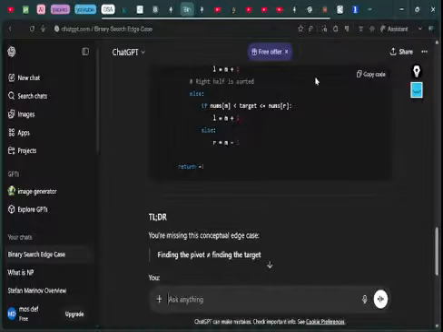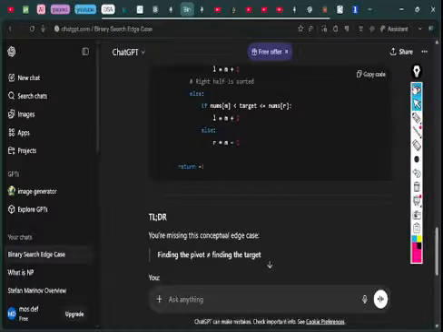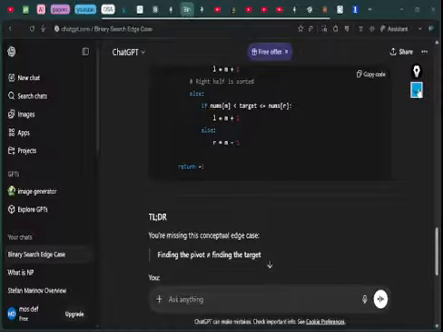I'm doing a sorted array. So, no. I think I might need